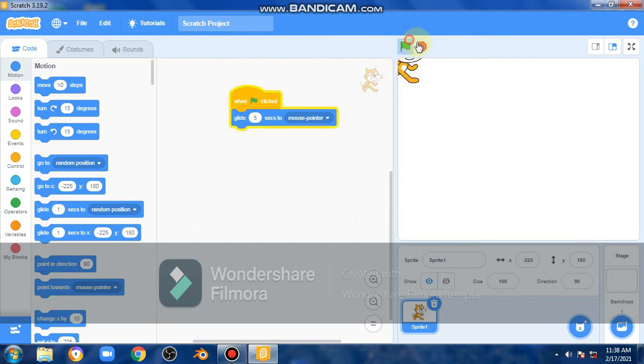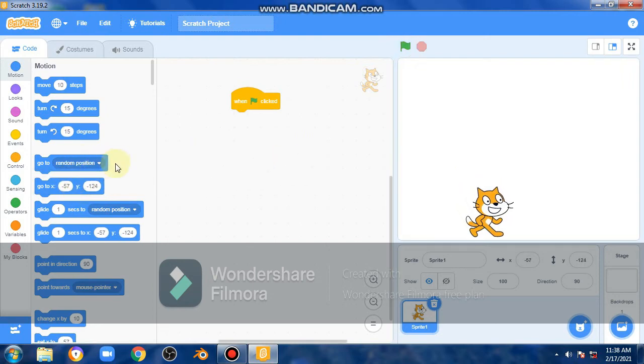My mouse was here. That's why it is coming here. But now, if I click this green flag and my mouse comes here, then you can see it's going to the random position. This is the glide.